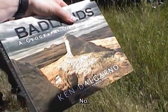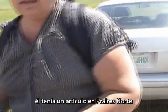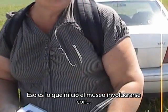Is that you? No! Okay. No, I haven't seen this book, but I know we saw he was in Prairie's North. He put an article in. All right. Yeah, and that's what actually initiated the museum getting involved with